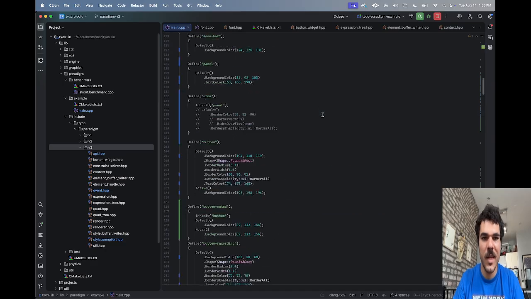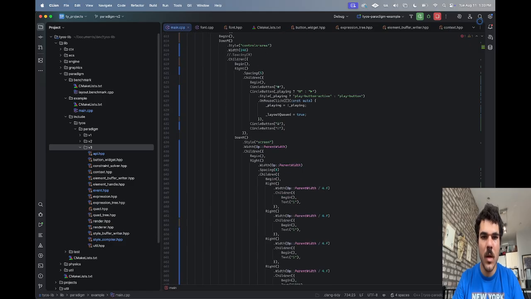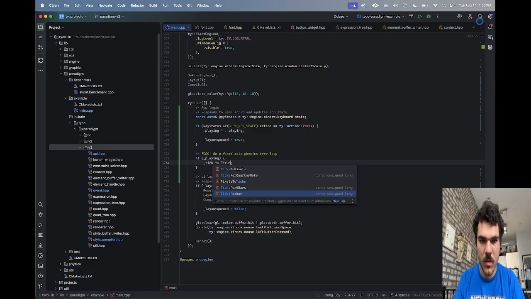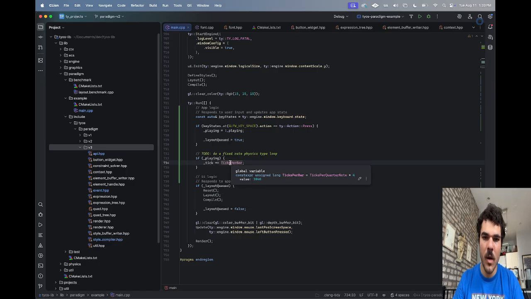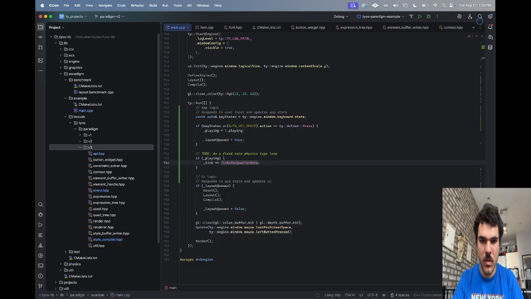Dot F. Get that afloat. Alright. To a fixed rate physics type loop. But we know... I don't know why the autocomplete just stopped working. Ticks. Ticks per bar is ticks per quarter note. Times